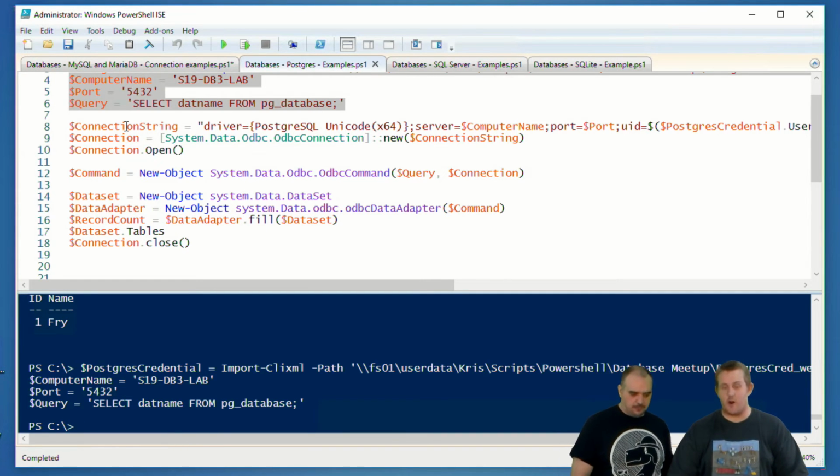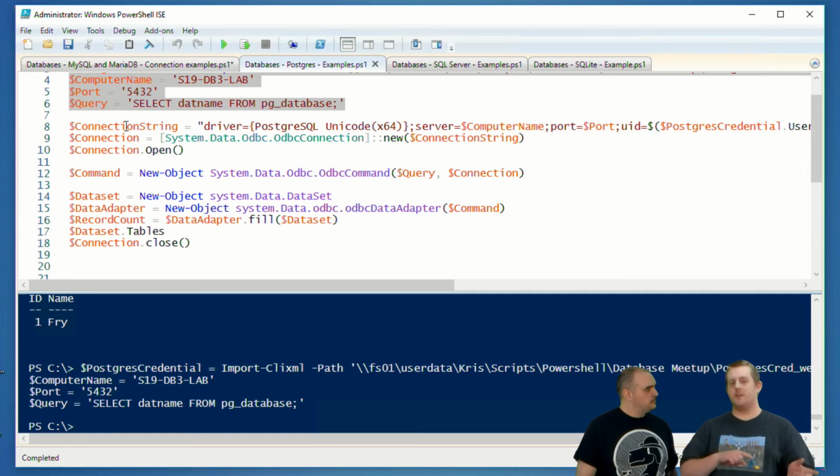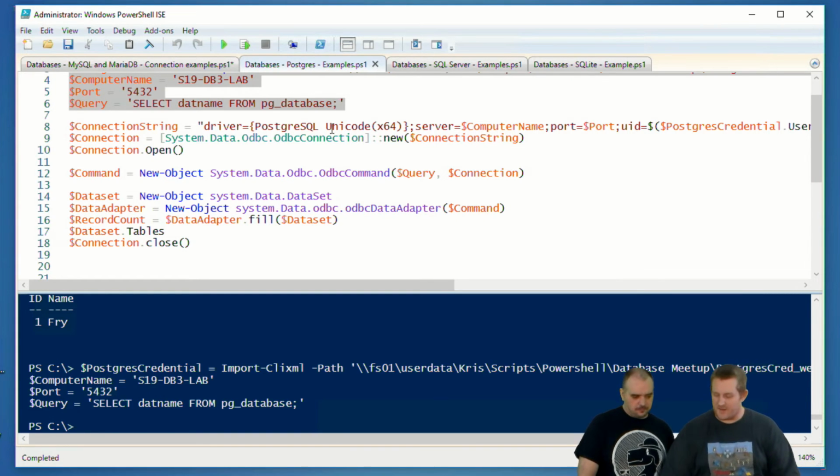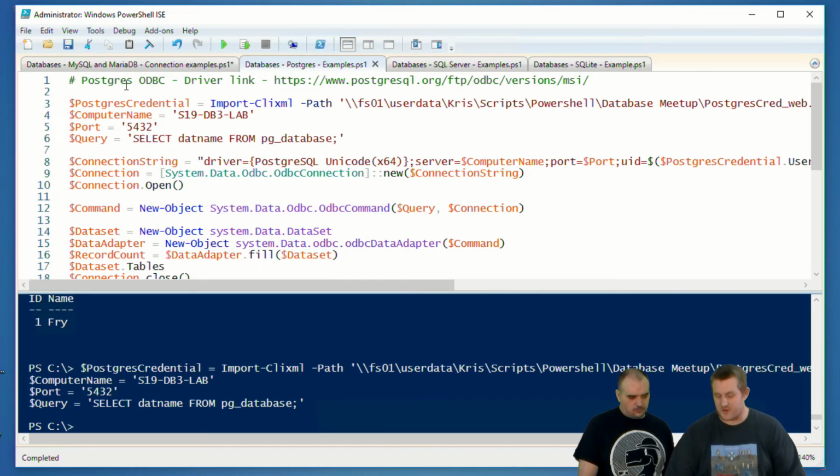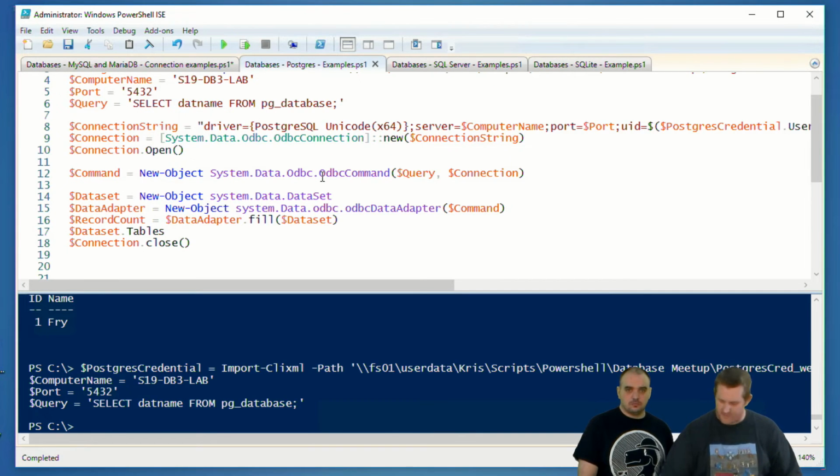Exactly. And in this case, you want to know the connection string, and that might be particular to the different database system you're using. So go check that out, connectionstrings.com, or reference the given database's documentation, and you should be able to find that. In this case, I also needed to get the Postgres ODBC driver from this link up here, which is also in the bonus content, I believe. And once I got that and installed it, I could find out that this is the driver that I wanted to use. Right there, the Postgres